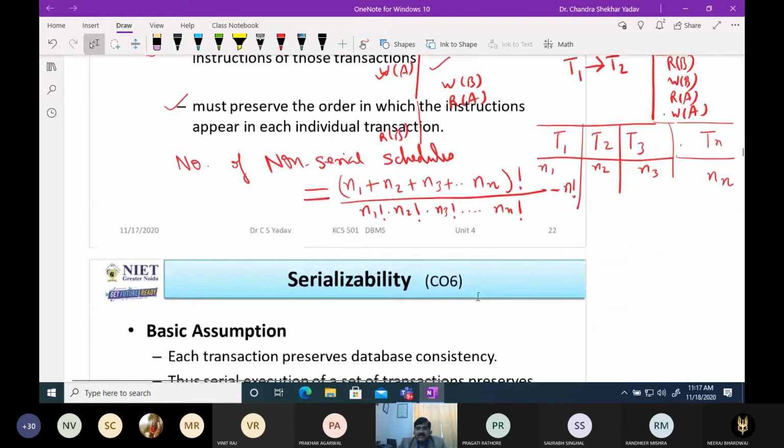So again, if the total number of transactions is n, then the number of serial schedules is n factorial.